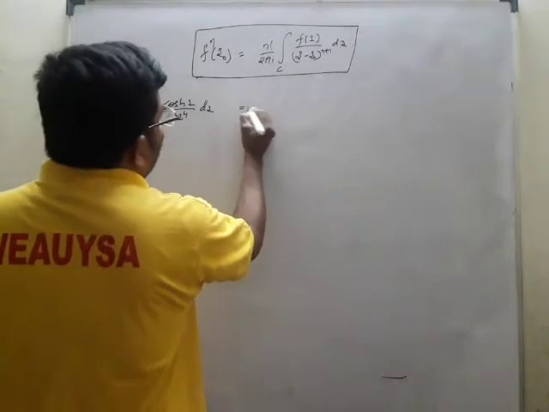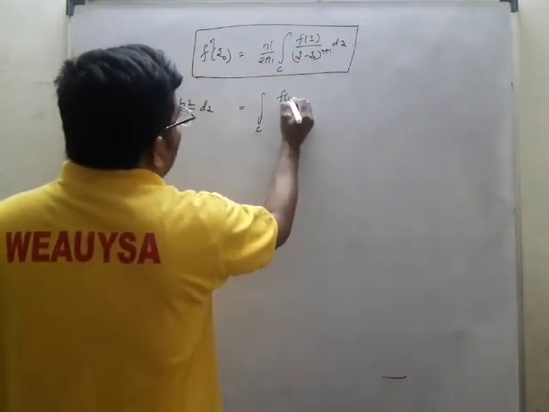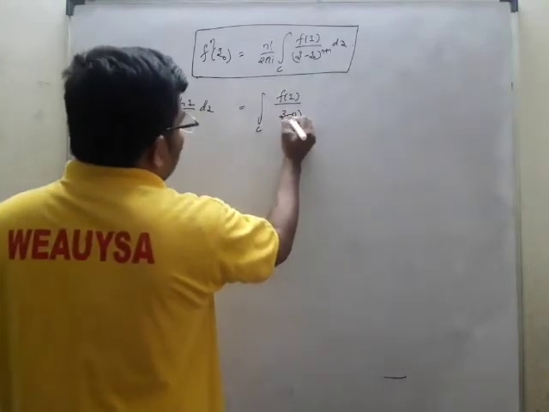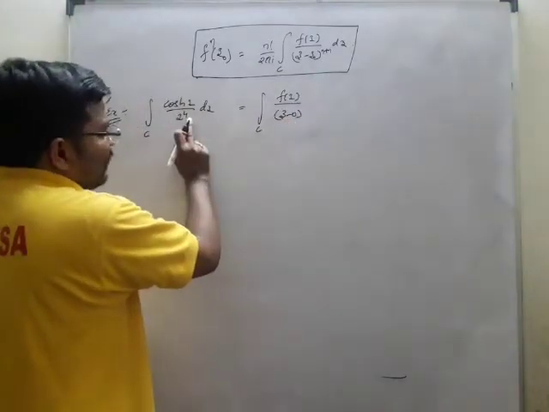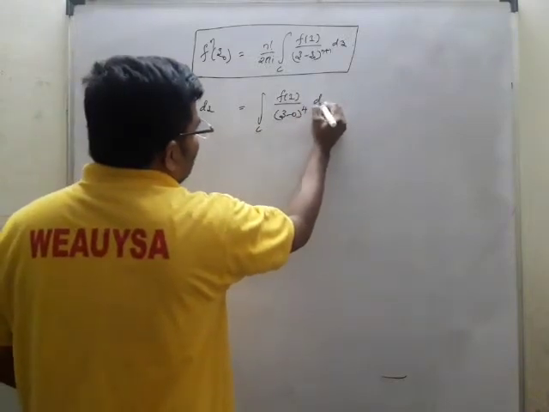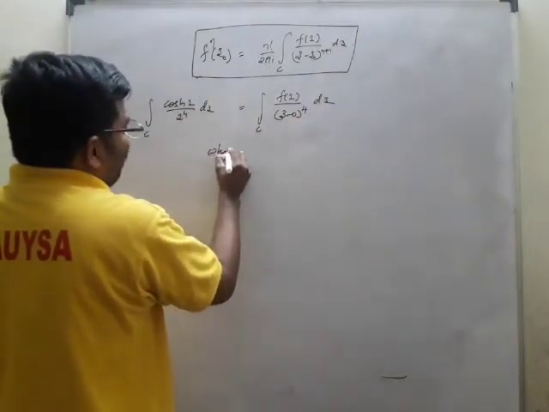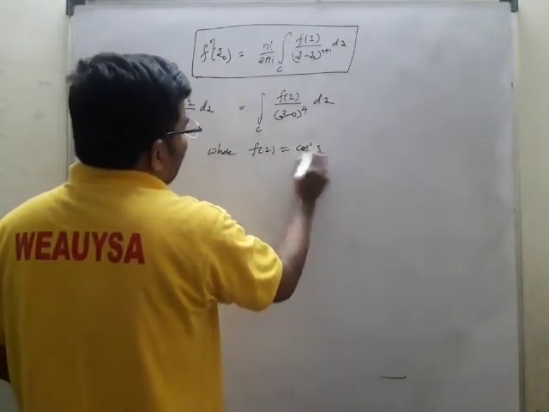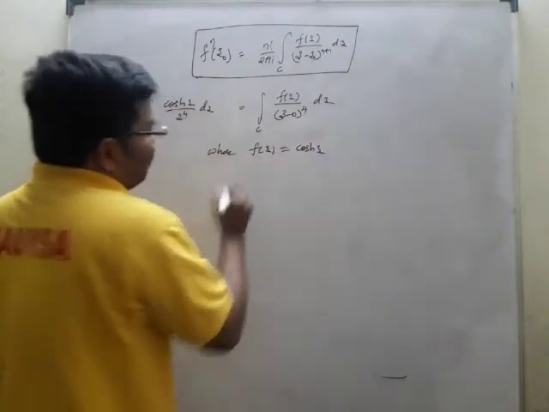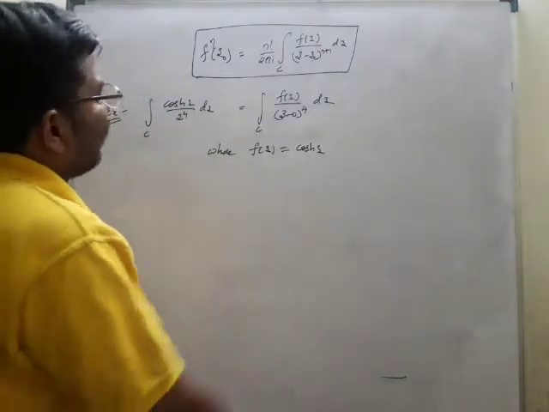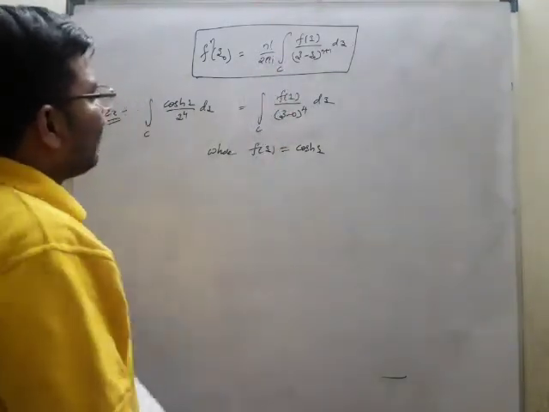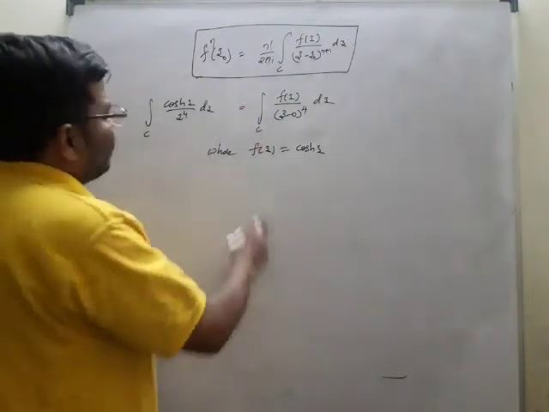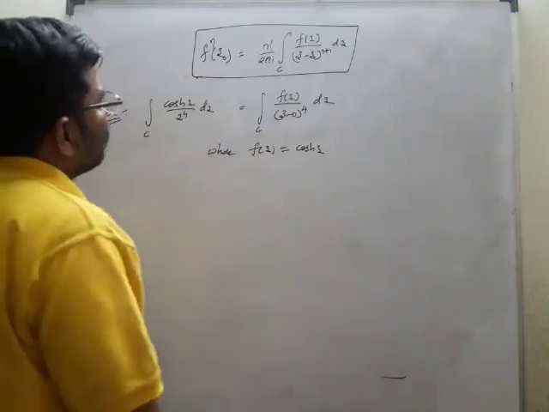This is in the form of integral c f of z by z minus 0, whole power 4 dz, where f of z is cos hz. In the place of a there is nothing, it is z minus 0. Now this is the form which is given. So according to this form, we'll write the value. Now we'll try to find the solution for this.